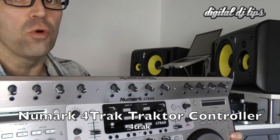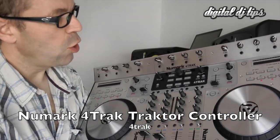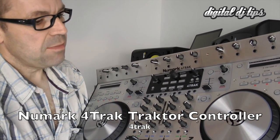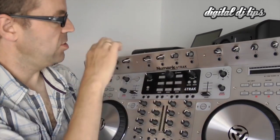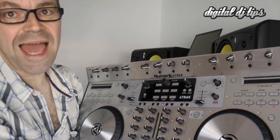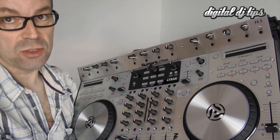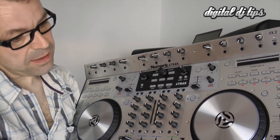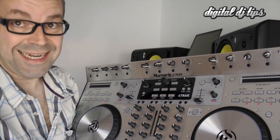This is a controller for Traktor, and it is substantial. It's probably the biggest non-motorized jog wheel controller that we've ever looked at. It's similar to Numark's NS6 for Serato iTCH, but it has the addition of this strip across the back, which is similar again to Numark's NS7, which is the motorized platter version of their Serato controller. So to the 4Trak then, it comes with a version of Traktor called the Traktor 4Trak edition, which